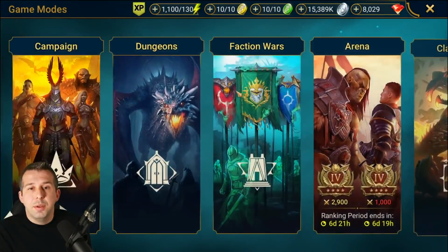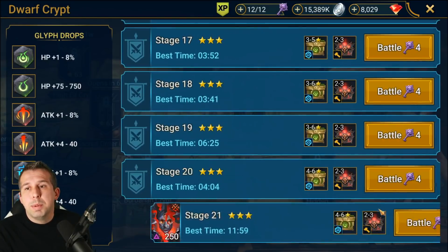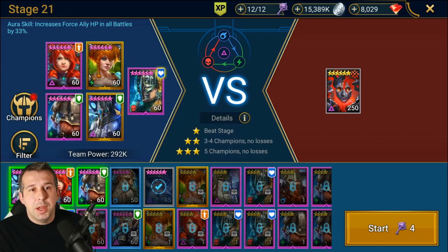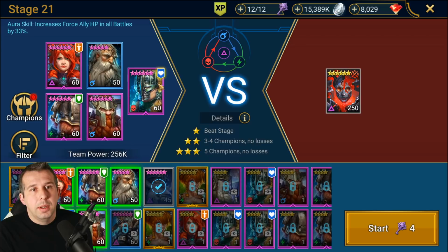Okay, so let's get into the fight and let's show you what's going on. The waves will be slow because I don't have a ton of damage here. This is my normal team. So we're bringing in a couple of subs. Now,